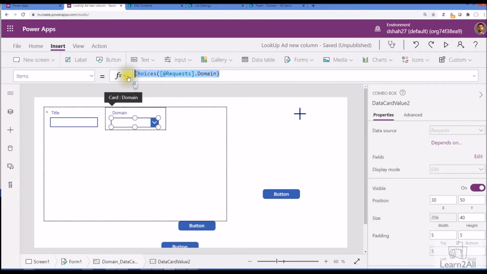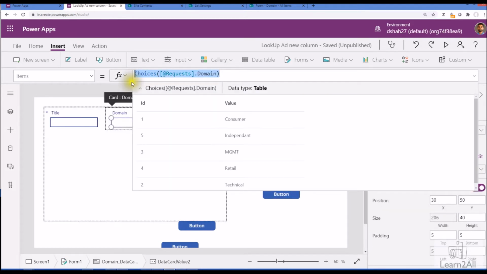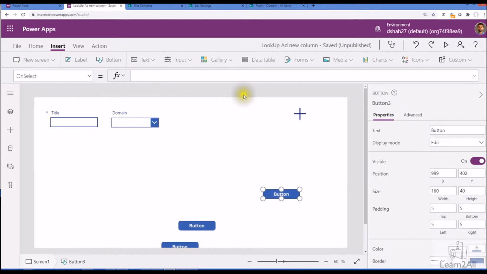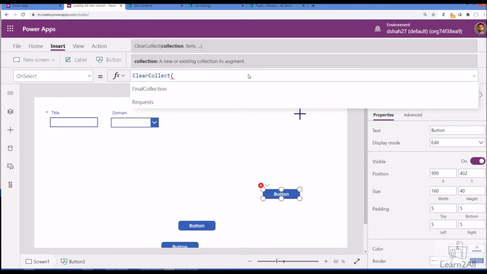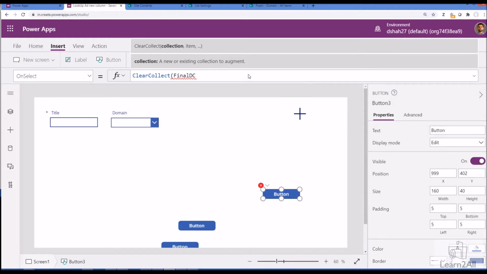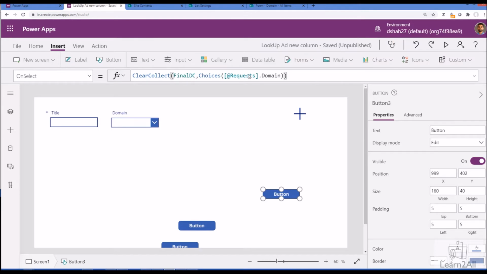We just need to copy this existing code where we are getting this value and add that value to a collection. So prepare any collection over here. In ClearCollect, just add something like final DC collection and add this value, right? So we understand what we are getting over here.